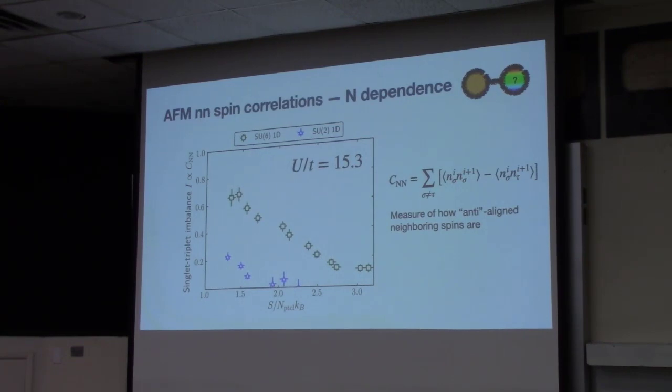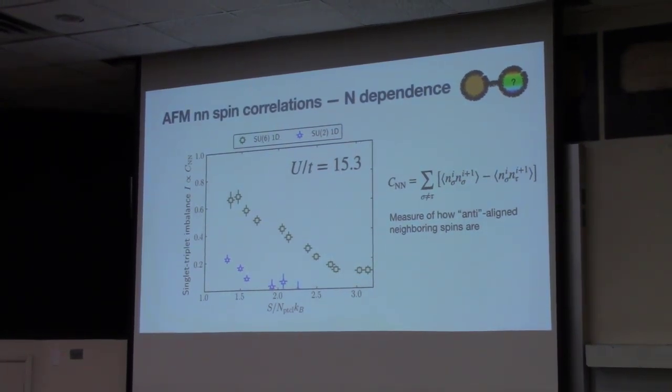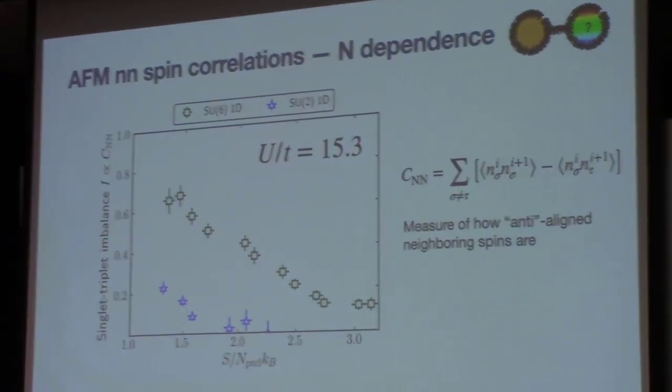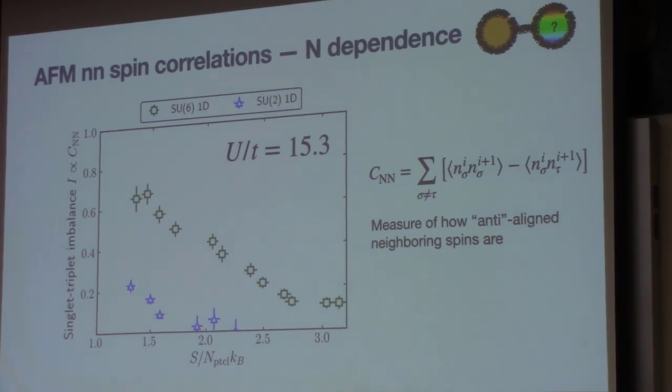So what happens when you're at very high temperatures? There are no correlations. So in that case, this expectation value just becomes the product of the expectation values, n sigma and n sigma on the neighboring site. And that's just measuring the density on the two sites, and it should be equal to this. So it just goes to 0. When you're uncorrelated, this number is 0. When you are correlated, it goes to 1.